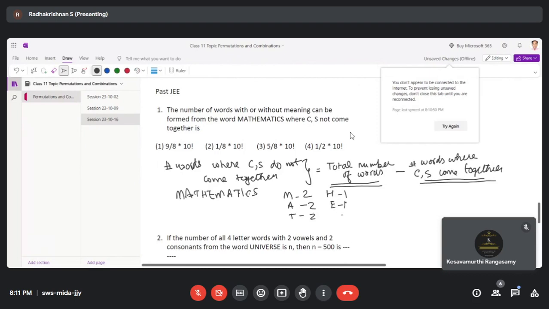M we already counted, A also, T also. I? 1. C, 1. Okay. So does it match? 2 plus 2 plus 2, 6, 7, 8, 9, 10, 11. 11 letters. So now this is a word that comprises 11 letters, out of which M is appearing 2 times, A 2 times, T 2 times. So how many words can be formed? 11 factorial. Then